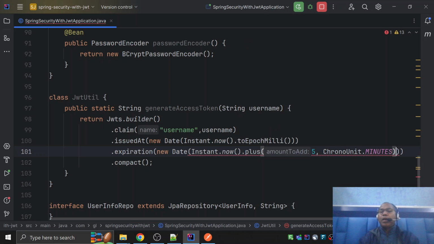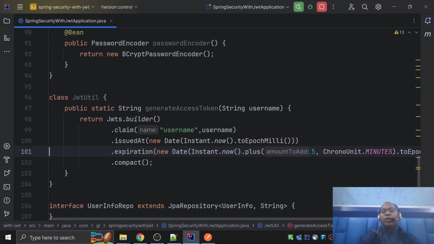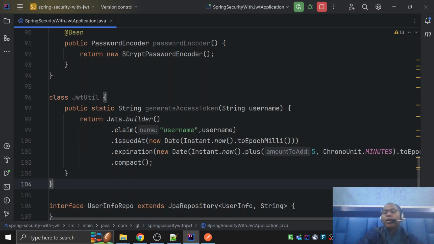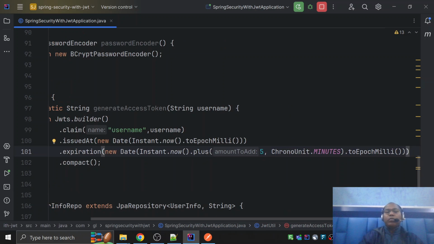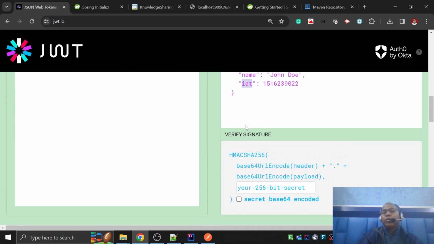Okay, and after that we can say dot 2 millisecond. So here we can say, okay, this is the now date, the issue date currently, and what expires after 5 minutes. Okay, and one thing we have to mention, as per the JWT, we have to mention something, your signing key,